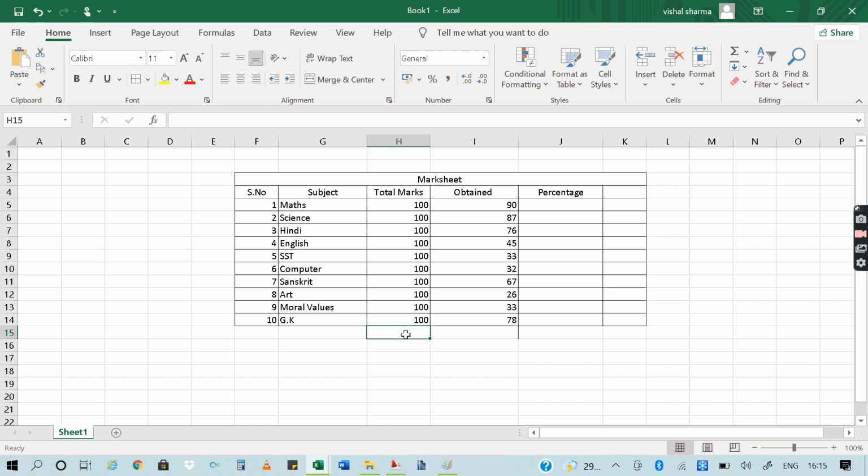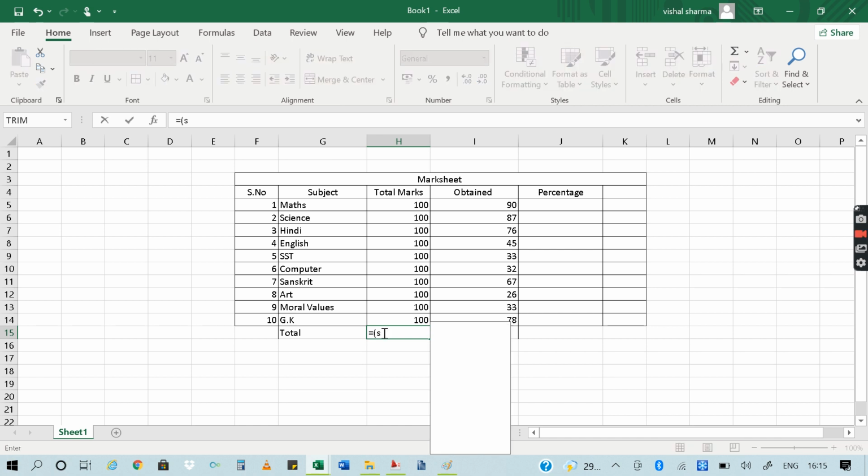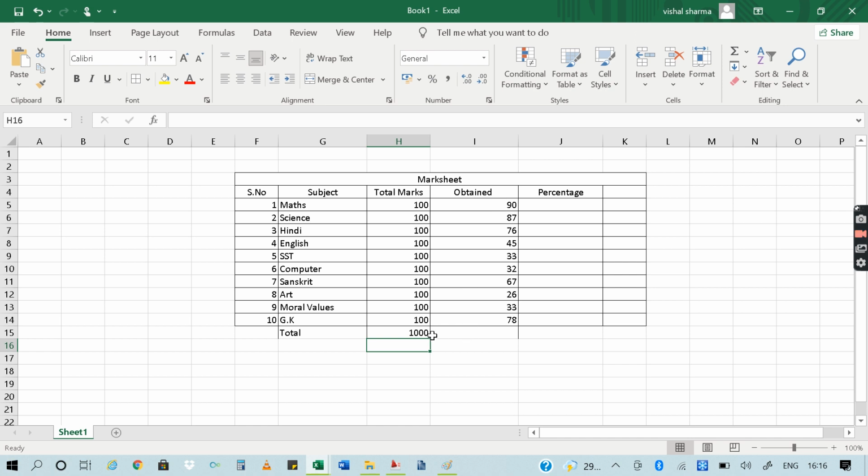Now if you want to get the total of these numbers, you can simply write total is equal to SUM, which is a basic function for adding numbers. Write equals sum, bracket open, select the range of the numbers and then press enter. If you want to copy the same formula to the next column, you can simply drag it. So 567. Okay, so this is the simple formula.